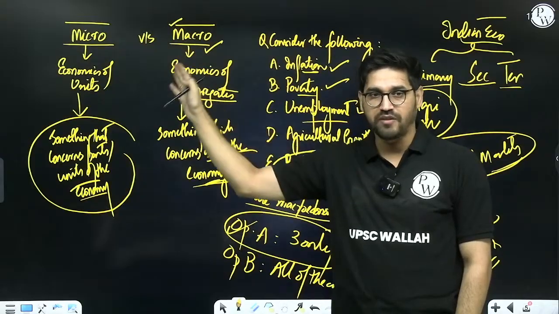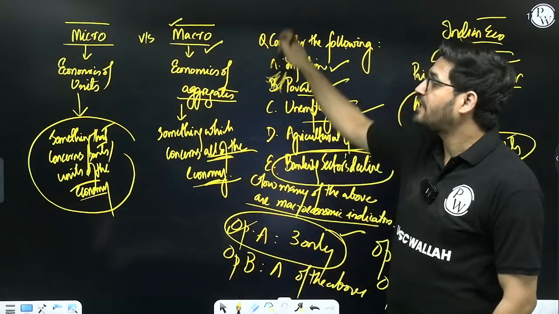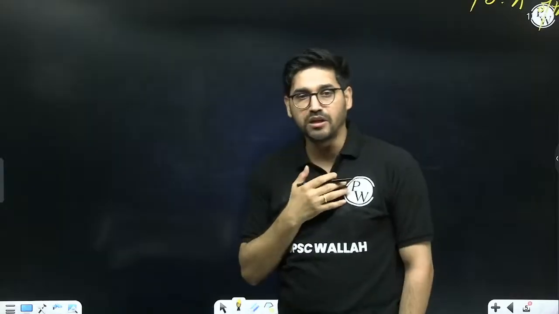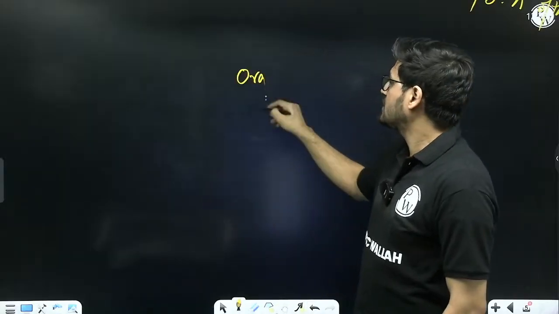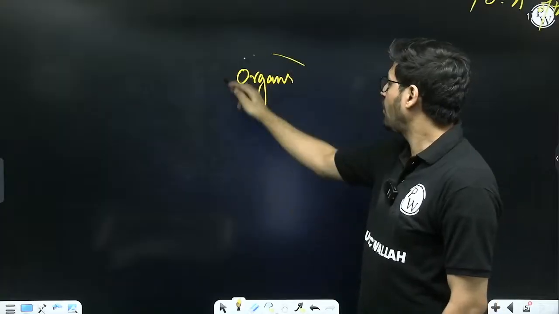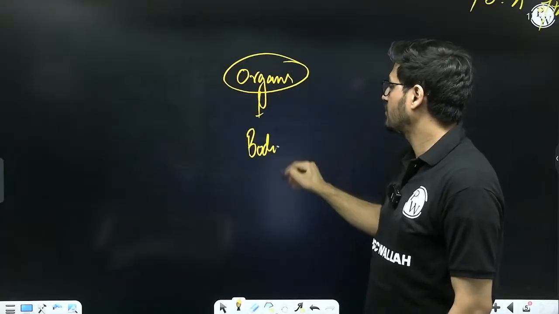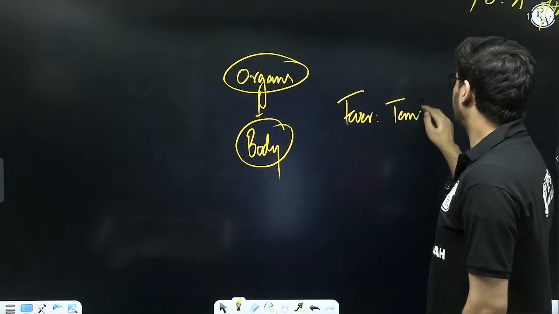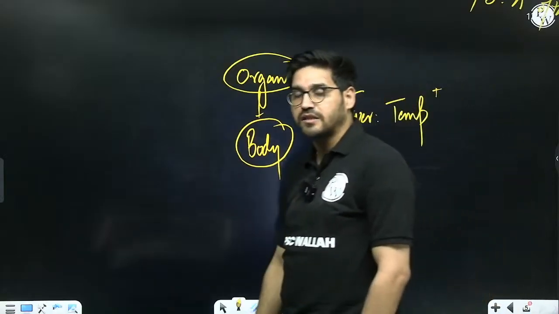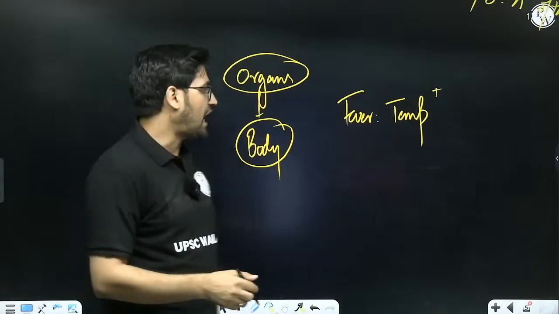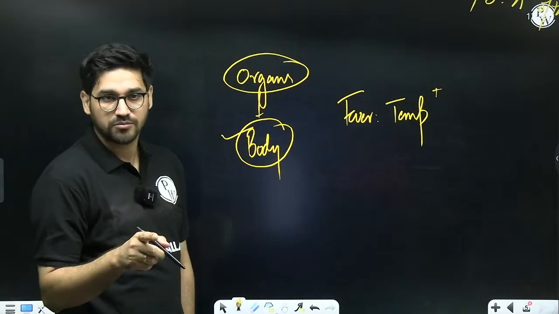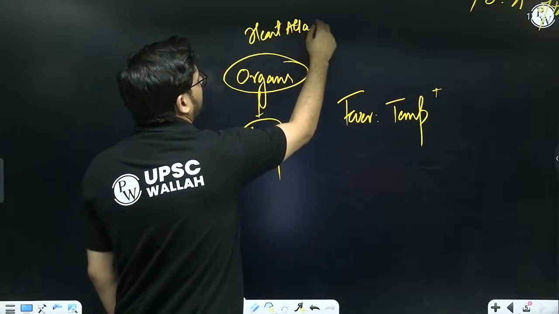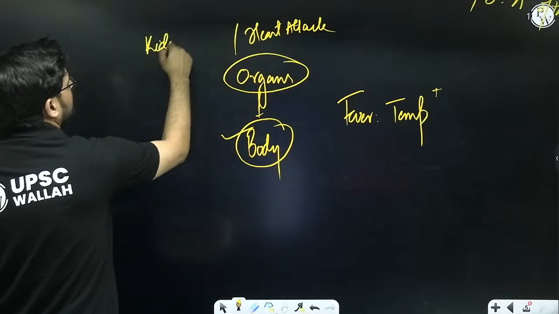Get this? Very simple. Now, if I have to explain it to you with another analogy, for example, I may say that we human bodies have organs, right? All of these organs combined comprise the human body. If I am talking about fever, I am saying that the body temperature is on the rise. When I am saying fever, I am talking about the entire body per se. But if I am saying something like a heart attack, if I am saying something like a kidney failure,